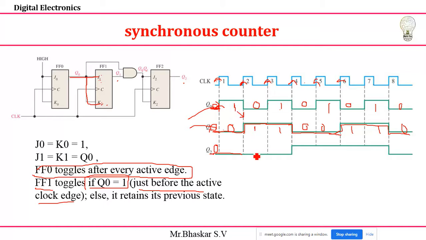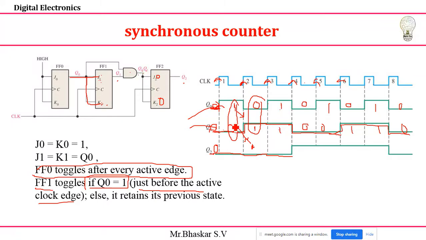Now I'll go for this condition, because I want to write this waveform, so you need to check these conditions. That is what I'm telling here. So now 1 0, because I'm going to use the AND gate, 1 0 means I'll get 0. 0 means I'm going to apply that 0 to my J2 and K2. Because of 0 0, what am I getting? No change. So the same value is carried forward. Clear? Now again 1 0 is there. 1 0 means I'll get 0 only. No change, carry forward.